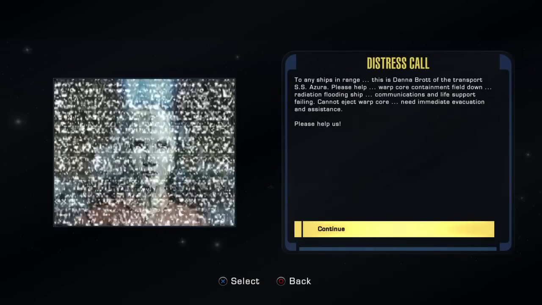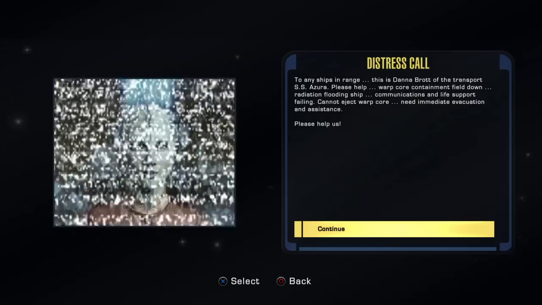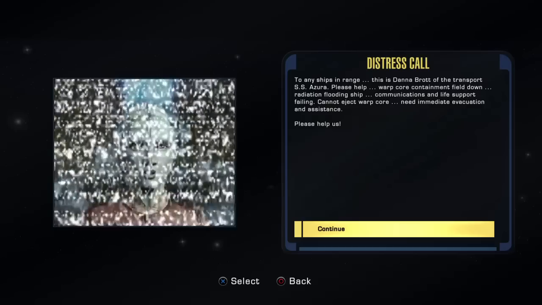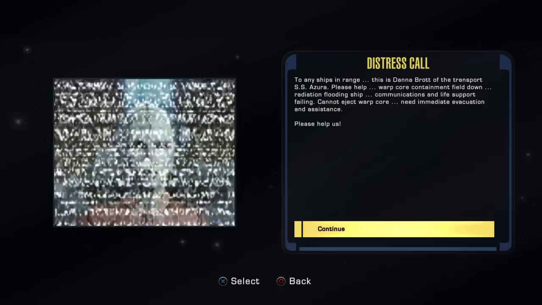AZURA, please help. Warp core containment field down. Radiation flooding ship. Communications and life support failing. Cannot eject warp core. Need immediate evacuation and...